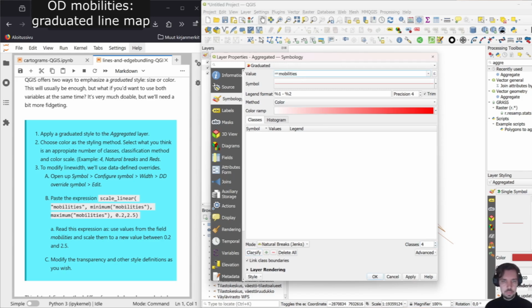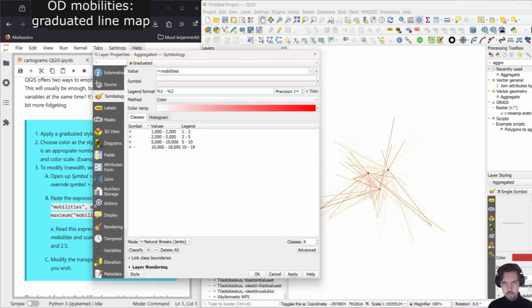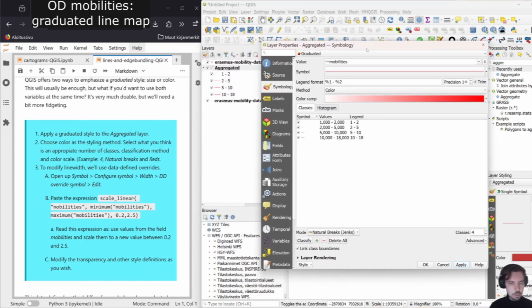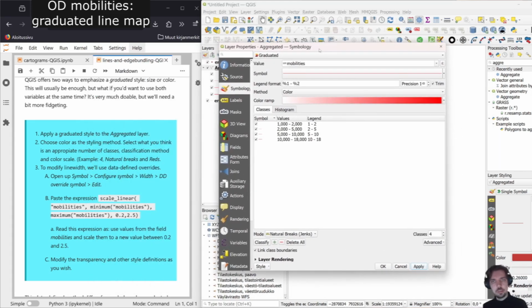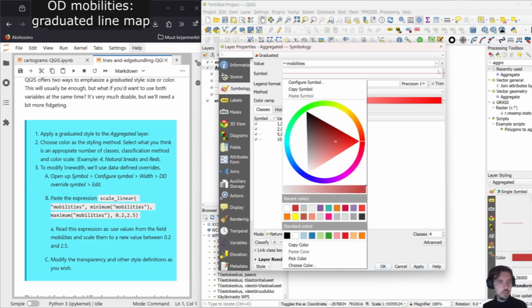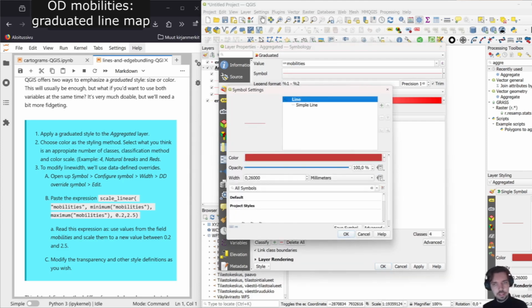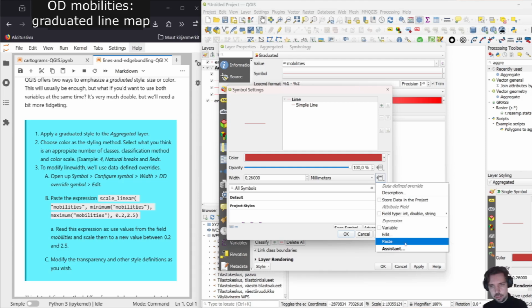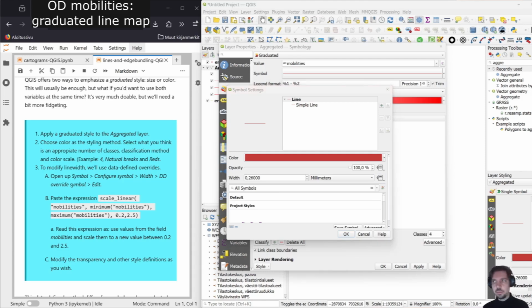Set mobilities, the value. Yeah, that helps a bit. We also use width to our advantage. And for that, I can rely on data-defined overrides. So from configure symbol and width, we say that instead of using a static number, take it from this